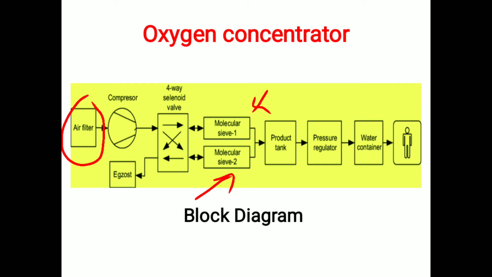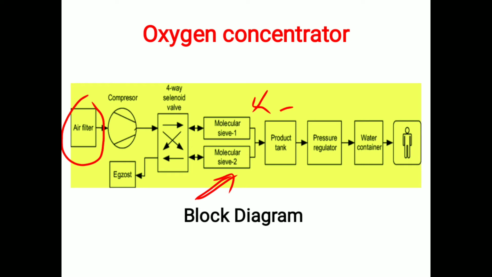Air is passing through this one molecular sieve, then it gets saturated, then this solenoid will switch the air inside this second one. At that time this will generate oxygen, and the first one will regenerate. That means it will again regenerate for separating oxygen from the nitrogen in the air. That means it works on a cycle. At one time this is working and the other will be in rest condition. That means it will regenerate and get ready for the separation of oxygen in the next cycle.